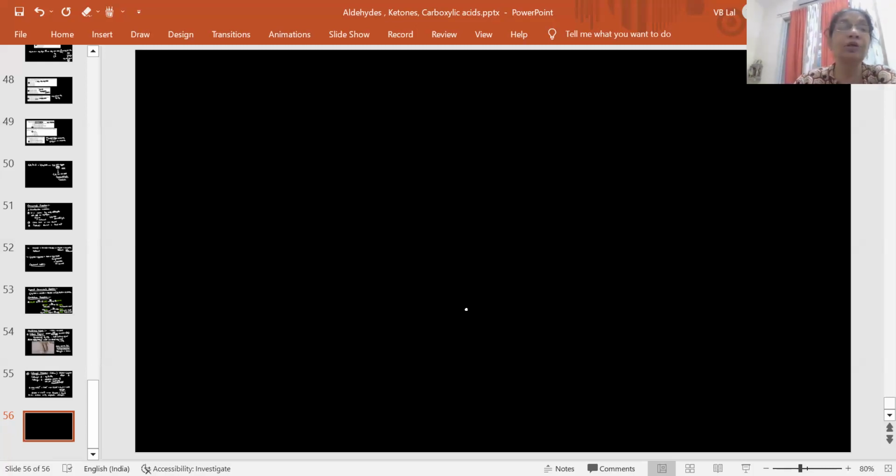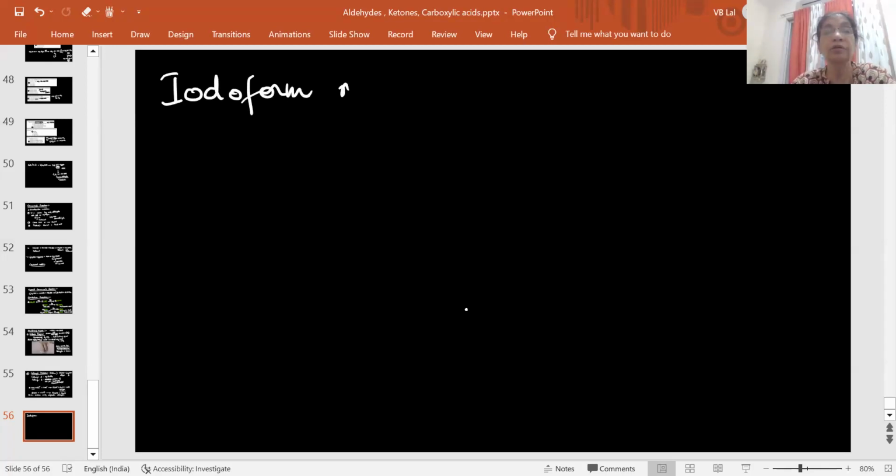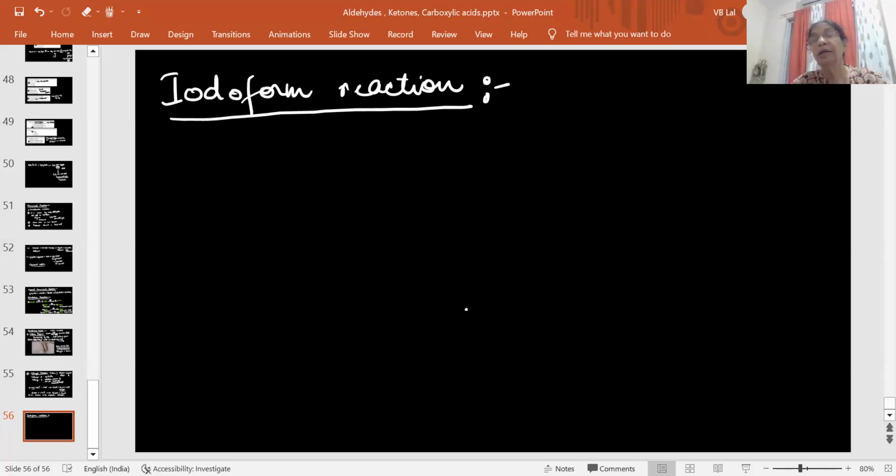Now there is a very interesting question here, and that is the oxidation known as the iodoform reaction. This is also used as a reaction. It's a very important reaction. It comes under oxidation of aldehydes. And this reaction can oxidize the aldehyde into the corresponding acid salt. Now this reaction, the iodoform reaction, is shown by